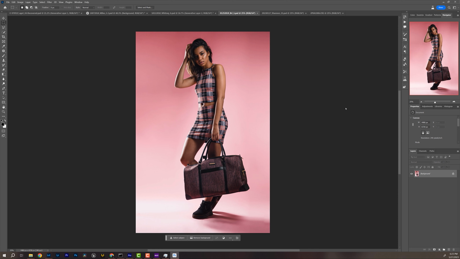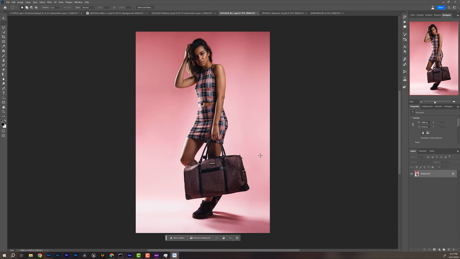Here's gonna be a good one, all right? So what I'm gonna do with this one is I want to take her out of this backdrop, and I want to put her in a completely different scene. So before, on the old picture, we took her from like the countryside and put her like in some park, right? Now we're gonna take her from a blank backdrop, and I want to put her in like a wardrobe.